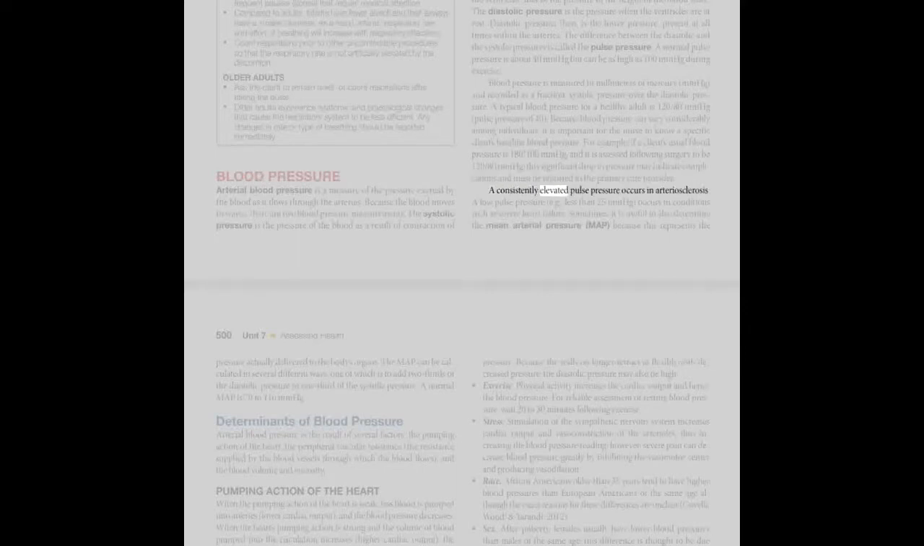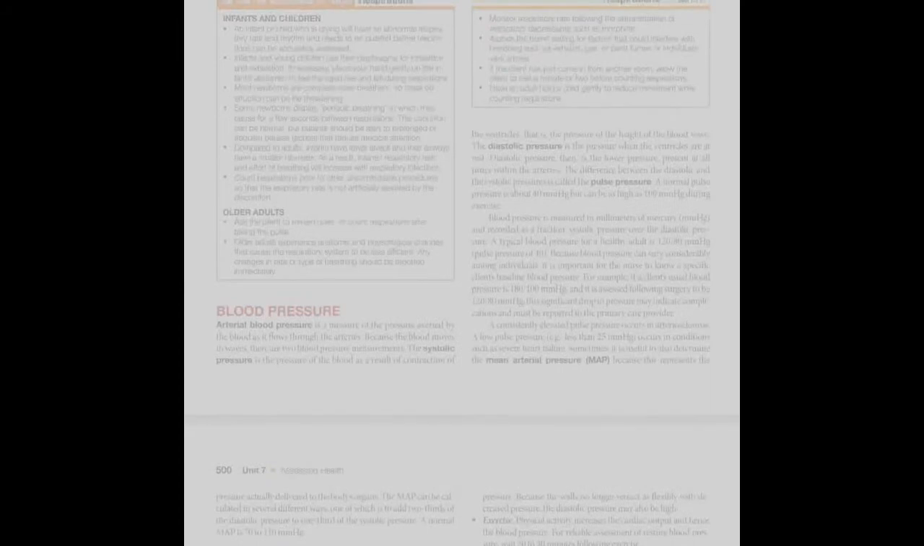A consistently elevated pulse pressure occurs in arteriosclerosis. A low pulse pressure, for example, less than 25 mmHg, occurs in conditions such as severe heart failure. Sometimes, it is useful to also determine the mean arterial pressure, MAP, because this represents the